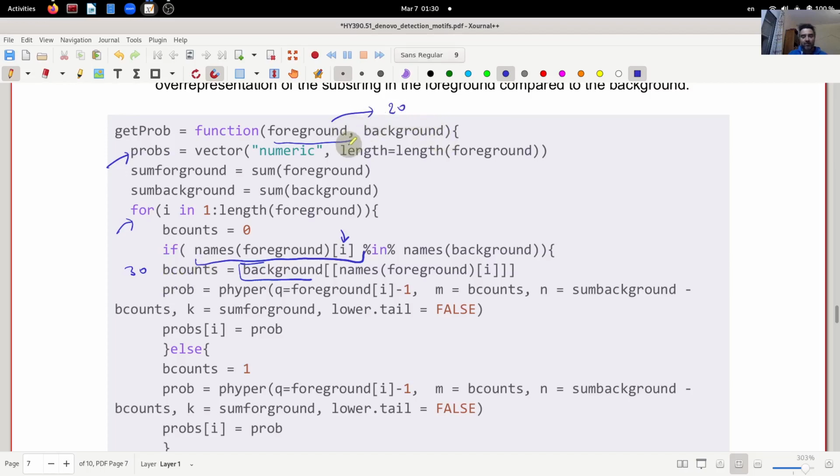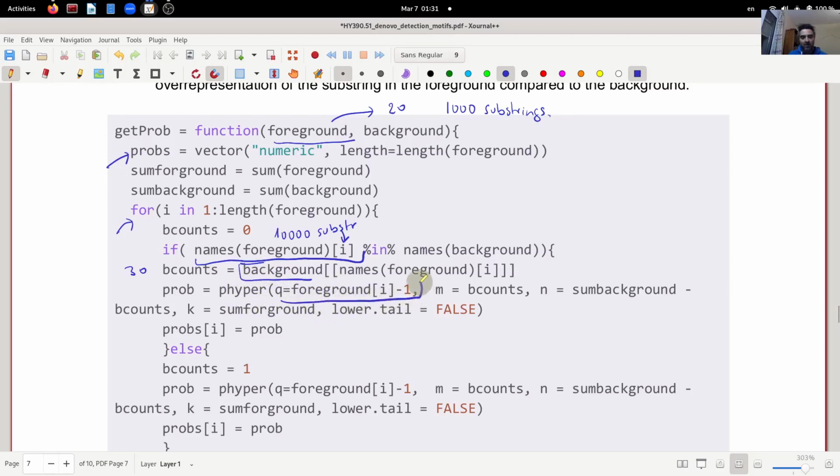But the size of the foreground is, let's say, 1000 substrings, whereas the size of the background is, let's say, 10,000 substrings. So now it's easy to calculate the hypergeometric probability,